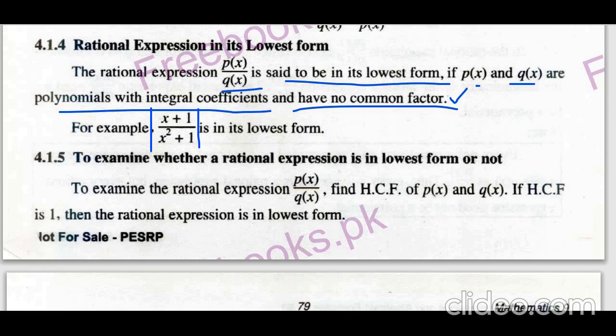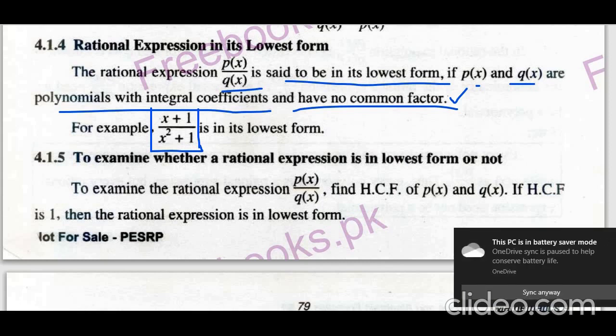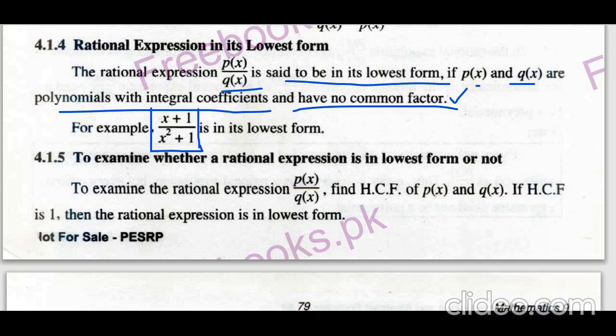Okay, no simplification is to be done with this expression because it is in simplest form. No factors are to be made for this polynomial or this polynomial. Okay, it is no more simplified, that's why it is in lowest form. It is only divided by 1. No other number is going to divide p of x or q of x. So this is in lowest form, which is not simplified anymore. That is the lowest form of a rational expression.